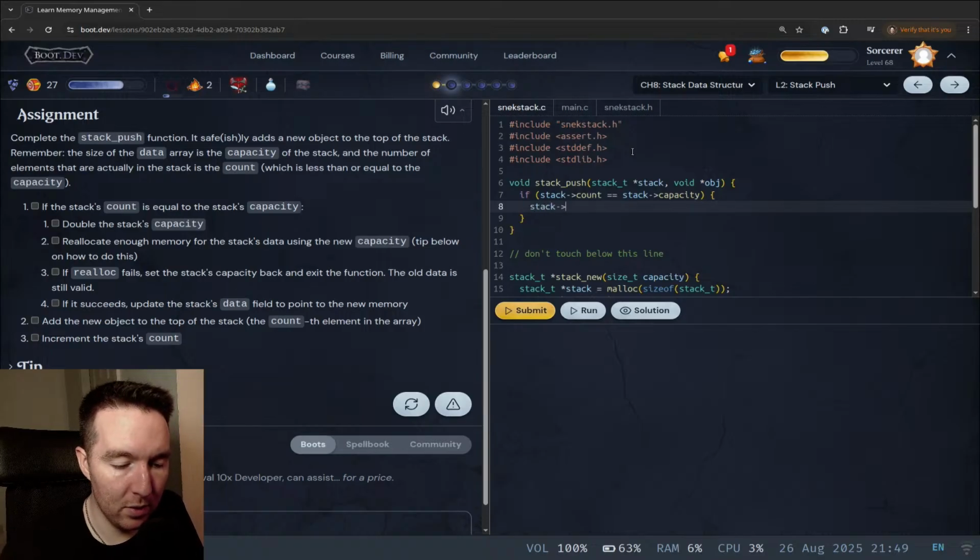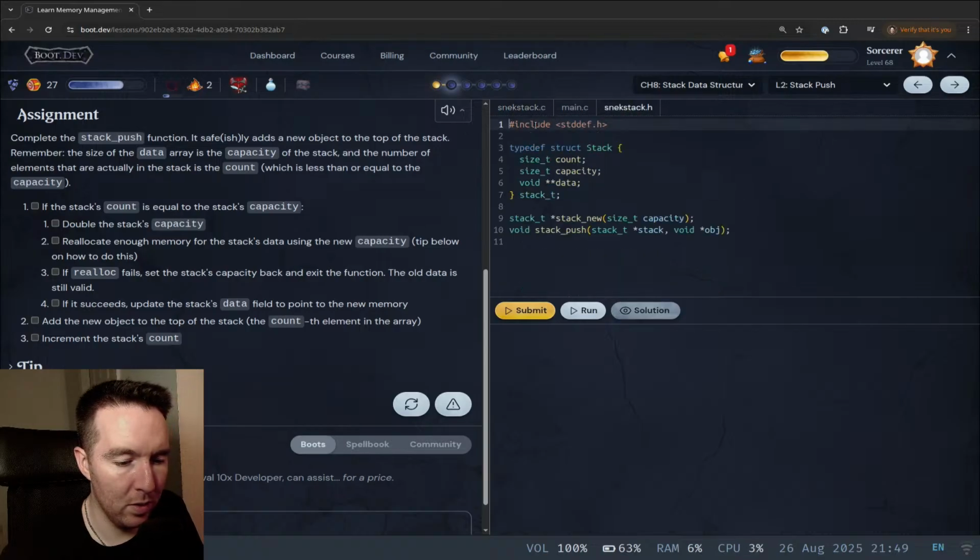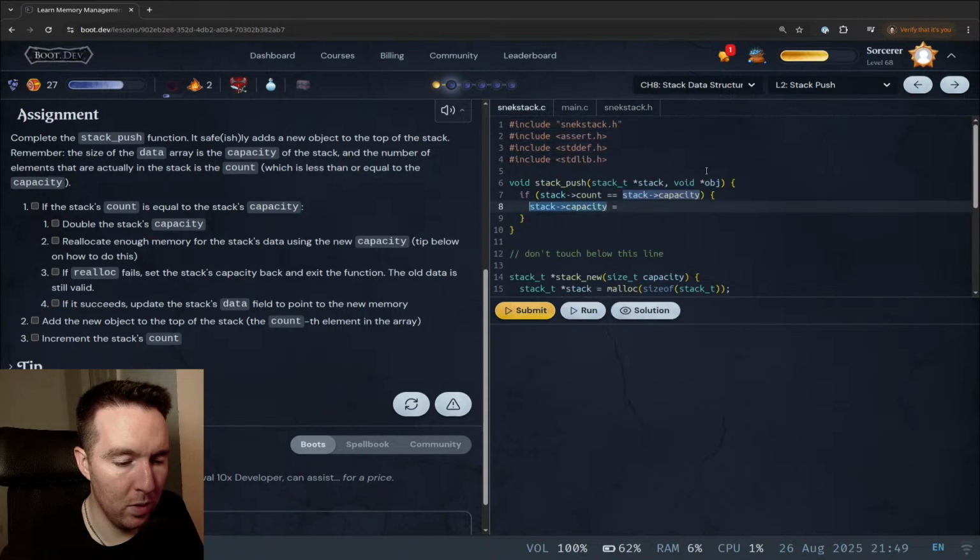Stack capacity equals... Can I just do that? Like stack... Can I do it like that? Star equals